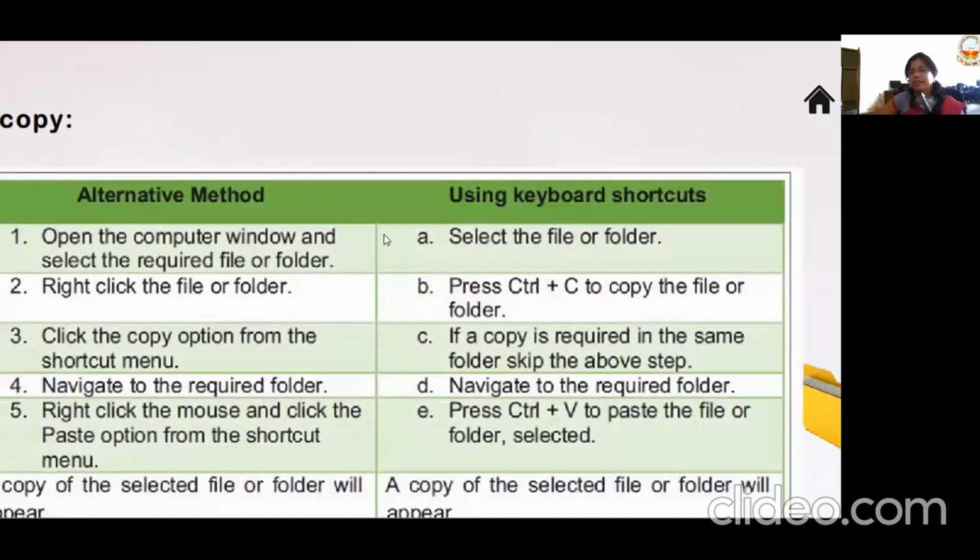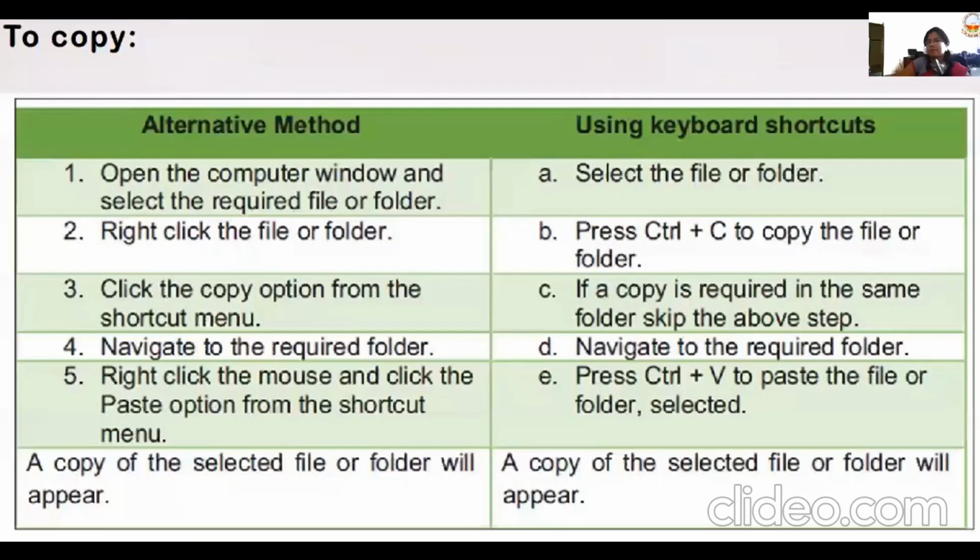What are the alternative ways for copying the folder? Now let's see the different alternatives of doing a copy. We saw right now, select a folder and on the home tab, you can click on copy and then move it or copy to the new folder. Now what are the alternatives of doing it?